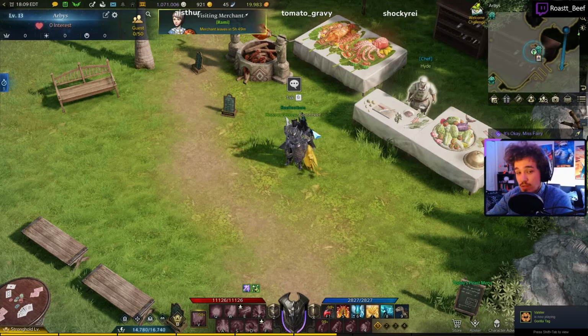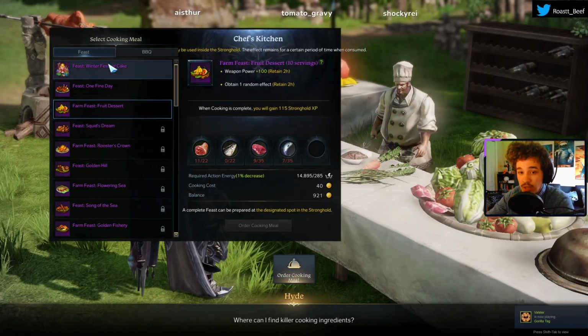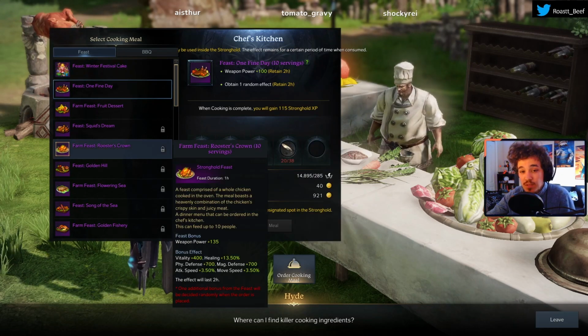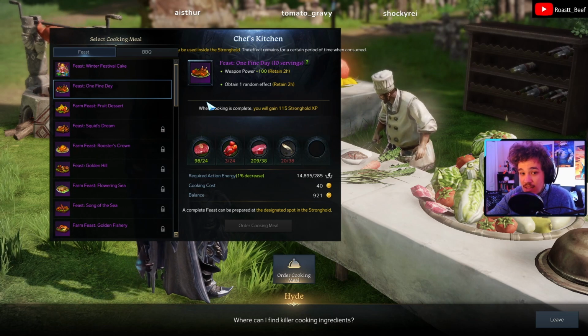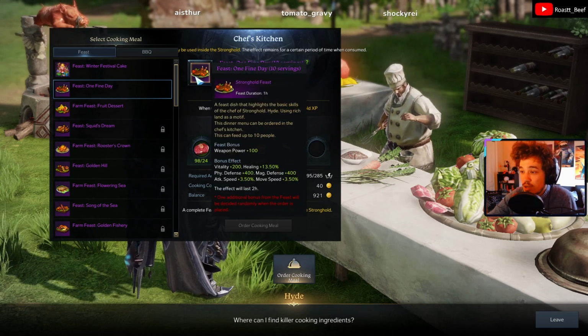And there's a feast available each day for the low cost of some gold and cooking materials, primarily the meat and fish that you get from hunting and fishing. You can see here. And the benefit you get from these is a 2-hour buff that changes depending on the feast, but these last through death and can stack with other food buffs. So like if you eat this feast, you get extra weapon power and then a bonus effect,